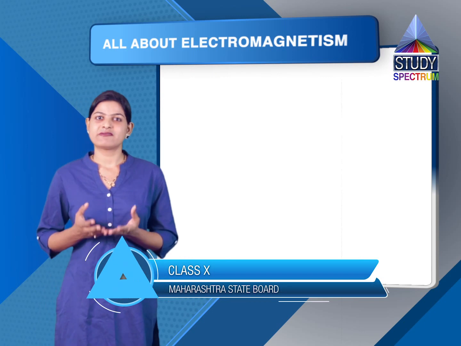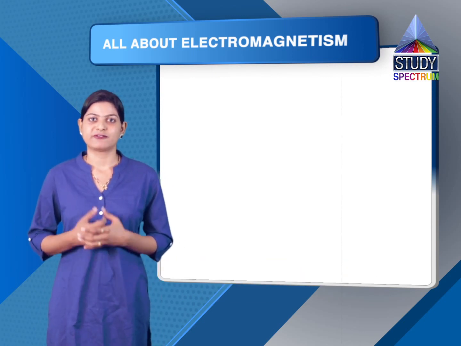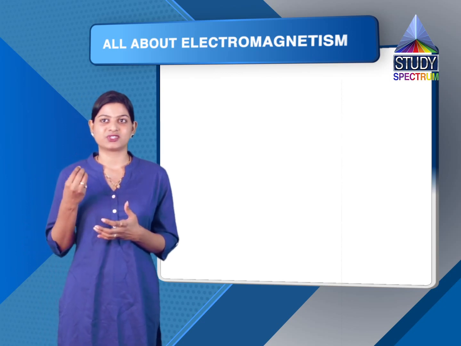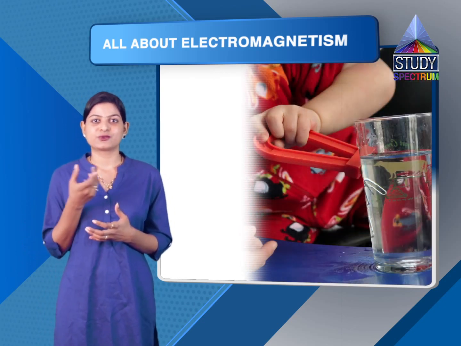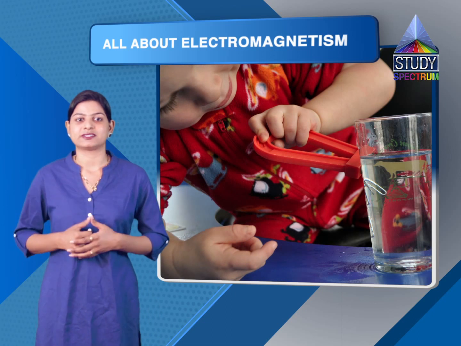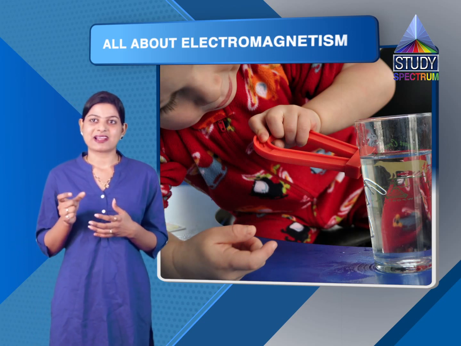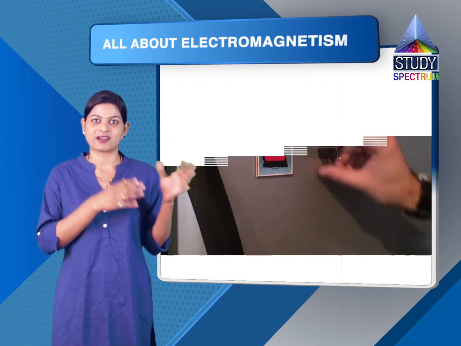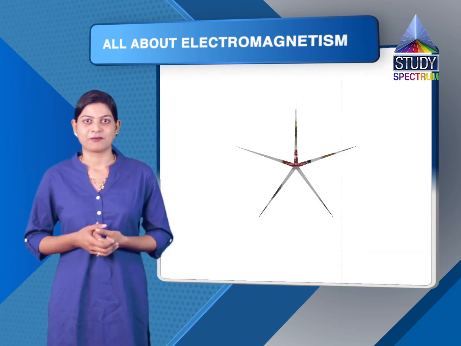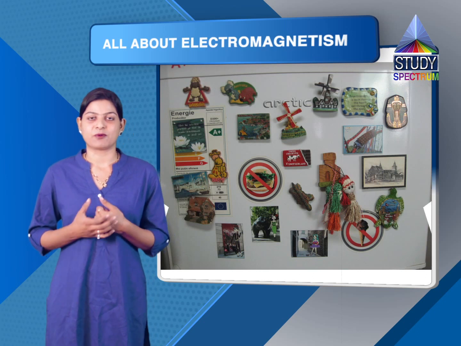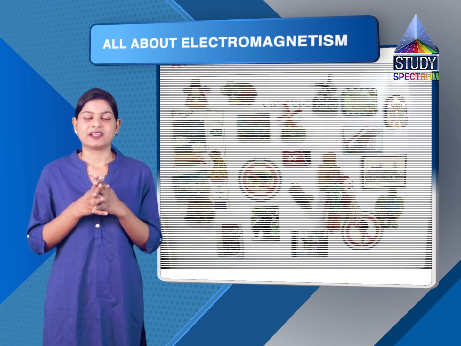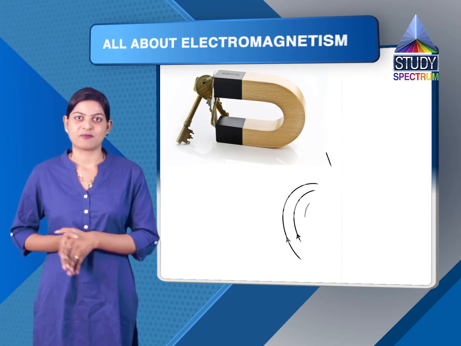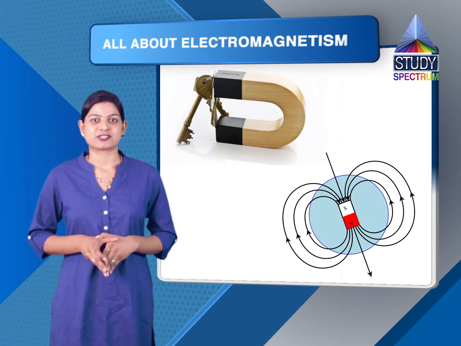So whenever we talk about magnet, the first thing that strikes our mind is the childhood in which we used to play with different sorts of magnets. The magnets we used to bring from outside and try to stick on the cupboards and on the fridge at home. Why was it possible? Because of certain properties of magnet. The properties are as follows.